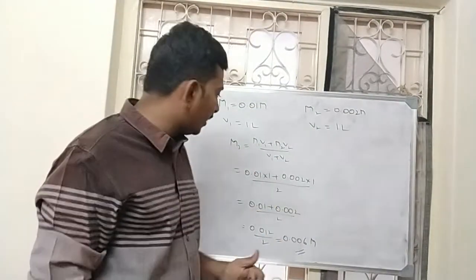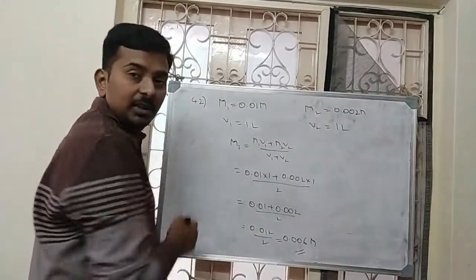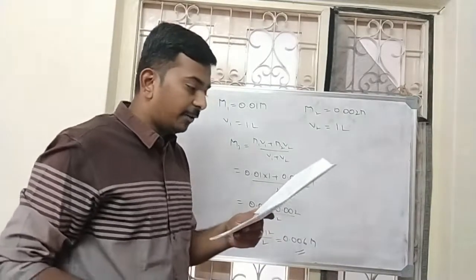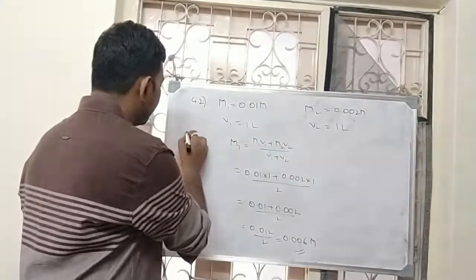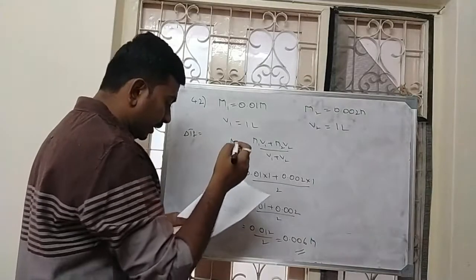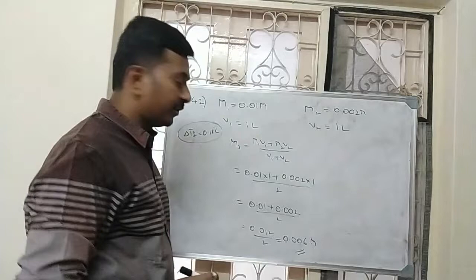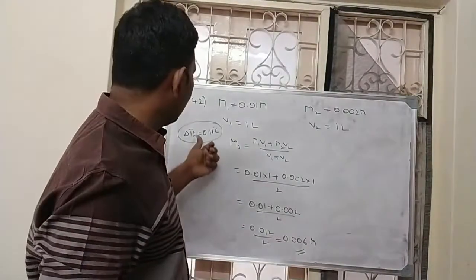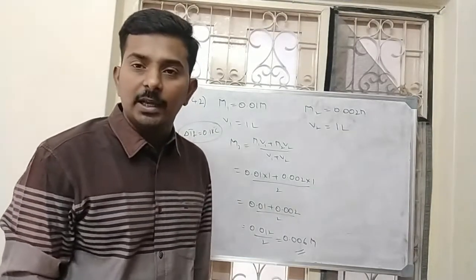Now they are asking to calculate the freezing point of this solution. For the first solution, what was the freezing point? Freezing point of the solution is given as minus 0.18 degrees. That means depression in freezing point, lowering in freezing point, will be 0.18 degrees centigrade. Right? So now, what is the relation between delta TF and concentration? Delta TF and concentration are directly proportional.